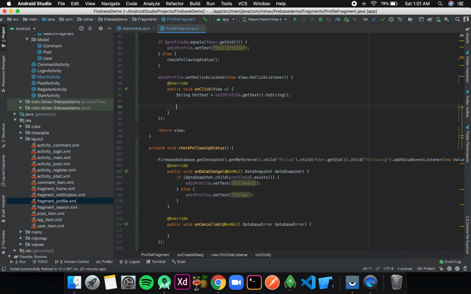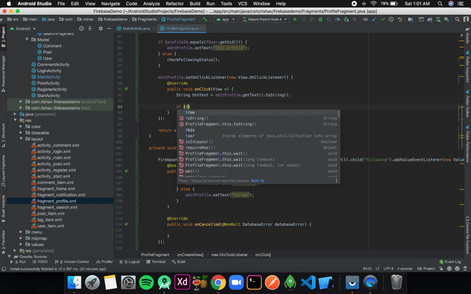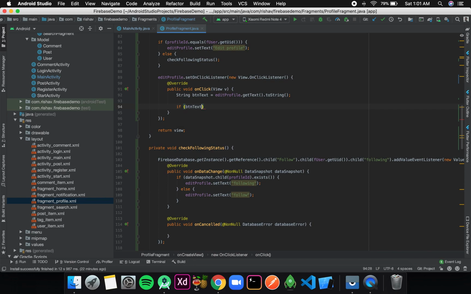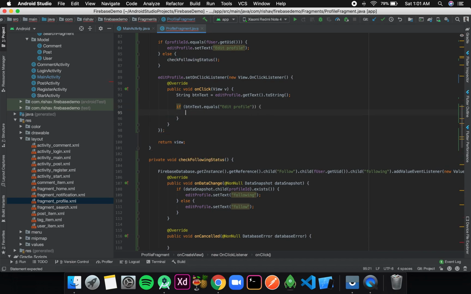Okay, and then I'll check if buttonText.equals("edit profile"), that means we are viewing our own profile and we want to edit it. Then we need to go to edit profile. Okay, and we have not yet created the edit activity, so we'll do that later. So I am just commenting it out.